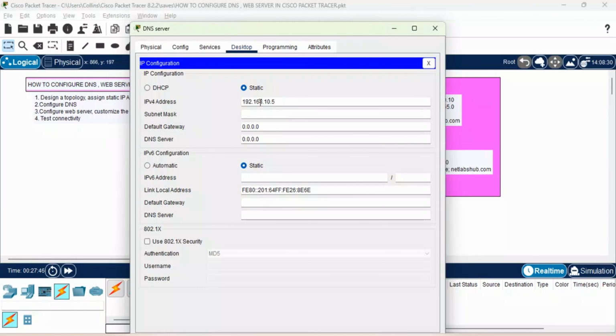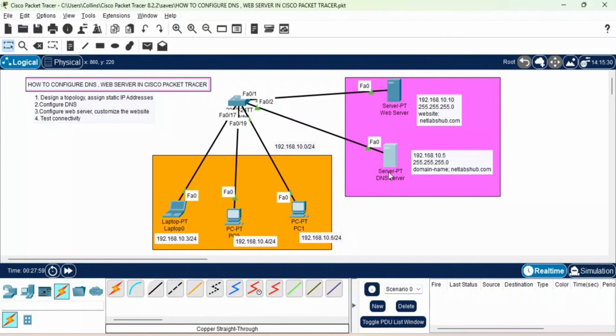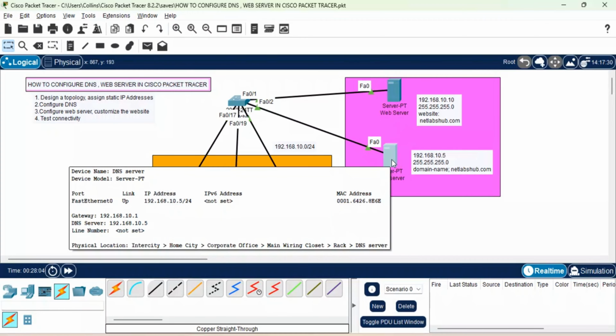The default gateway is that one, then the DNS is that one. So I have finished giving it the IP address statically, because servers must have a static IP address because